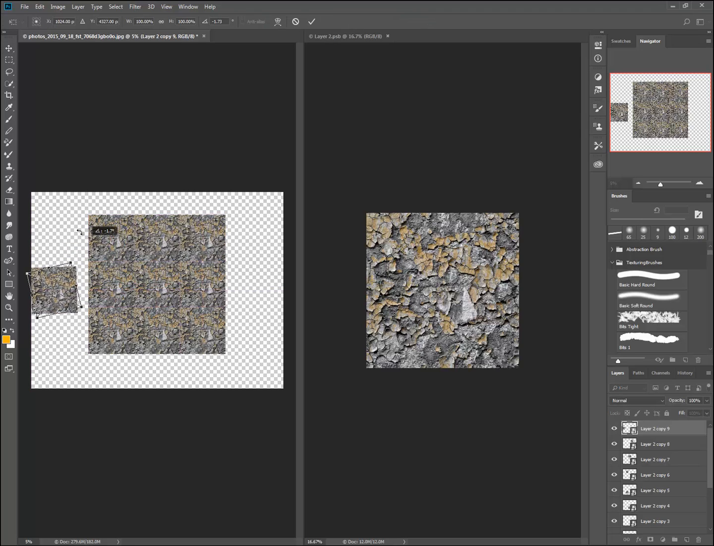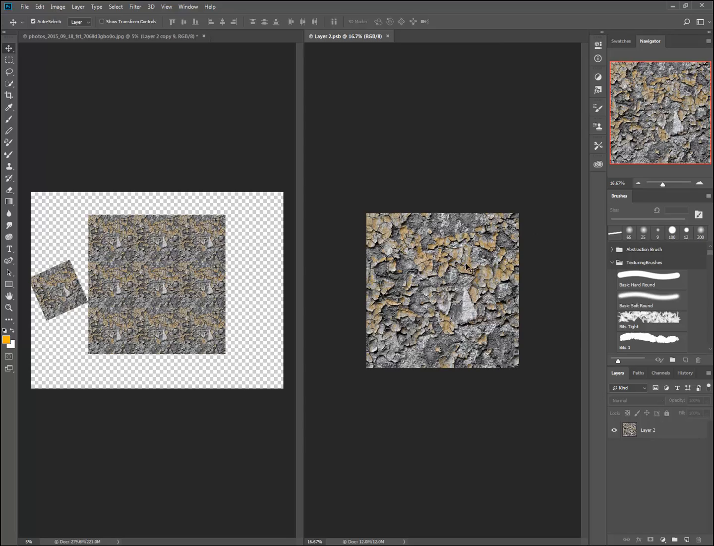We can have them rotated however we want. Let's put one there. And now over here on the image that we can actually edit,